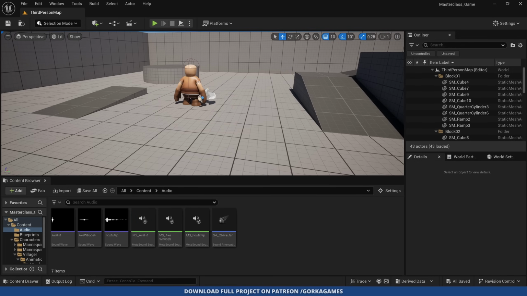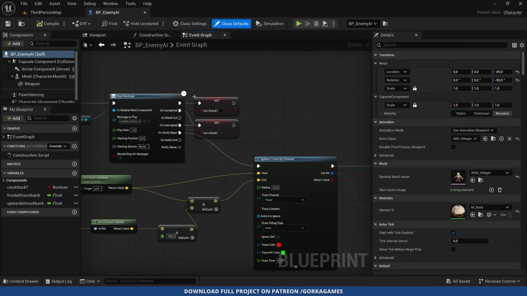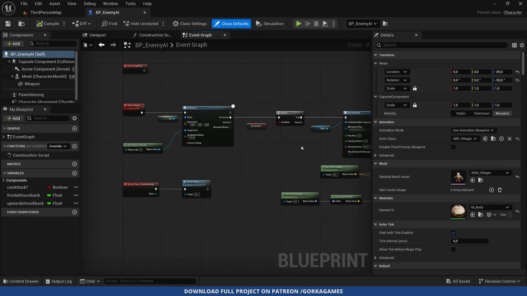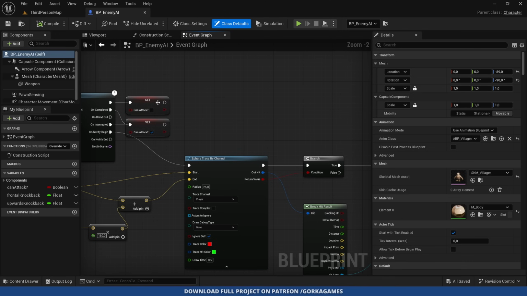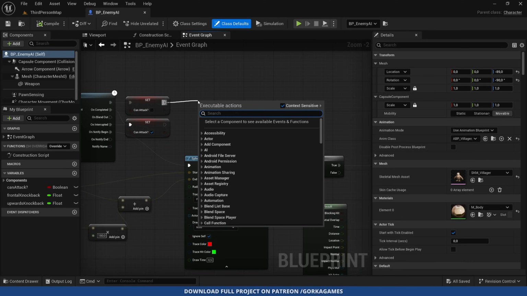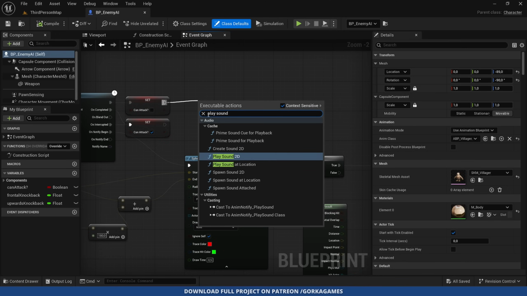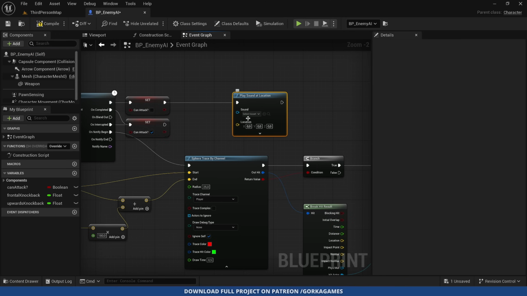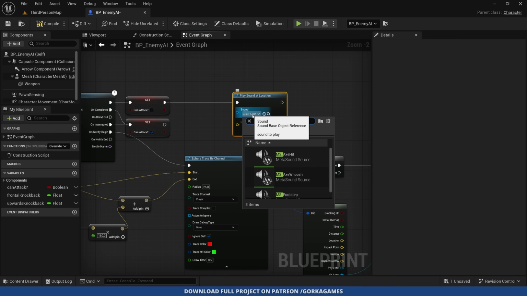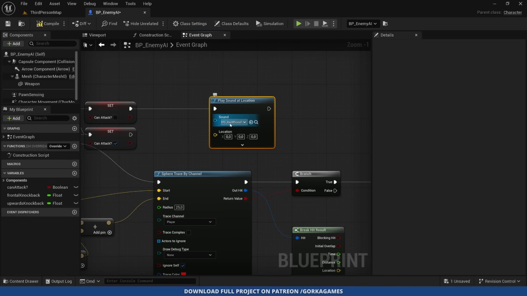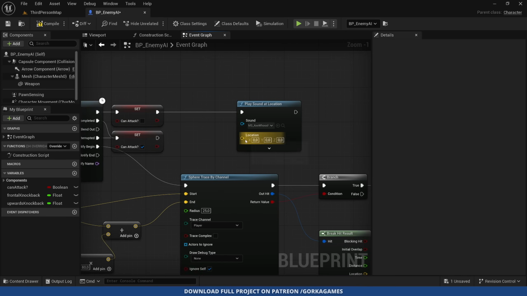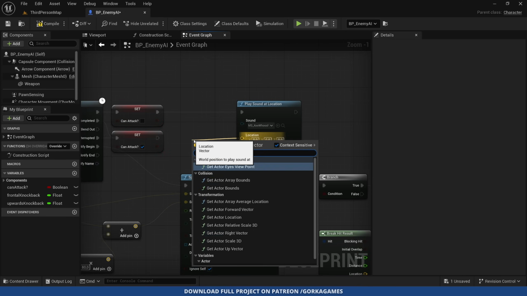So with that said, we just need to open up the enemy blueprint with Ctrl E, and then over here we can simply find where we start to play the attack, which is over here. So right after we say can attack, we can say, okay, play sound at location, so it's spawning in 3D, and we can say, okay, ms underscore axe whoosh, okay, when we start playing the animation. Now make sure that you select the ms one, which is the one with the pitch, you know, with a random pitch. Now for the location, this will be get actor location,